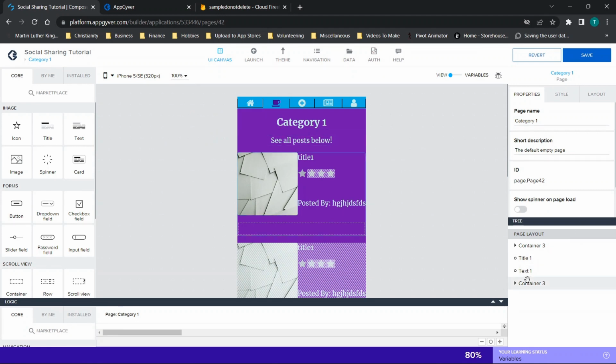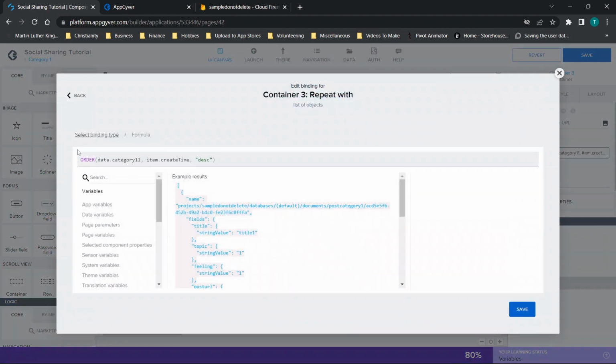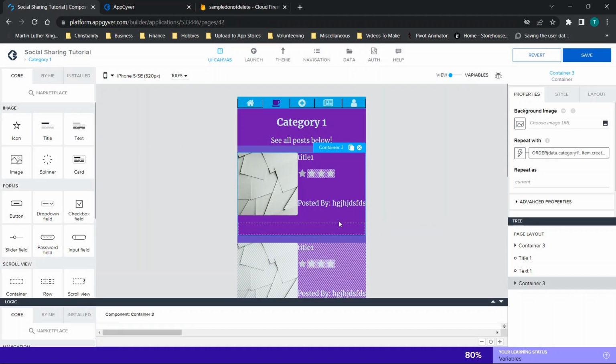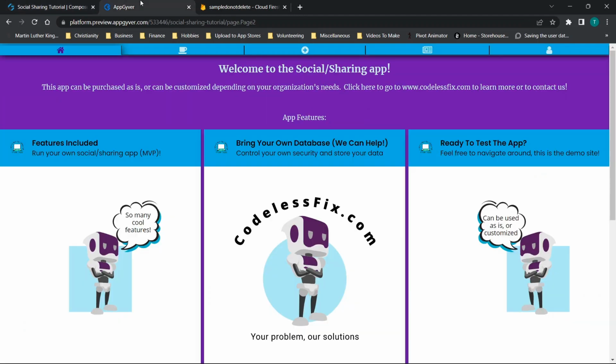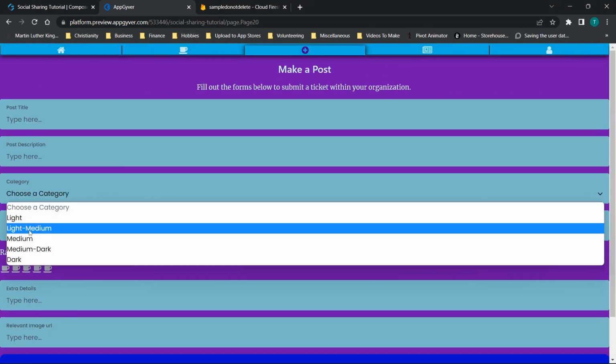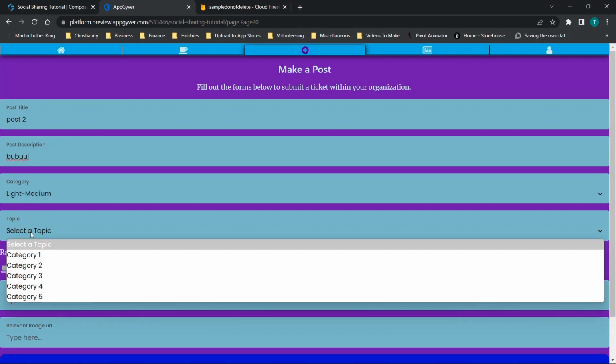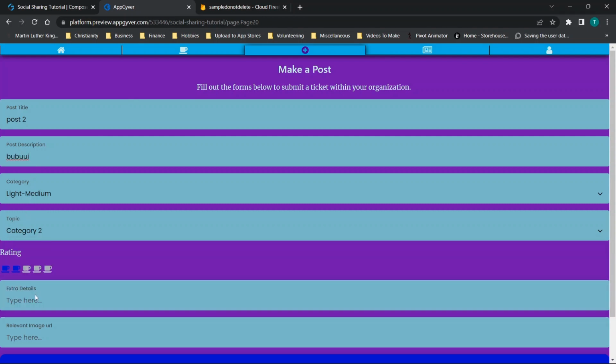And then you need to click on the container and swap out the data for feeling 1, and then repeat that process for all of your topic pages, all of your category pages, and all of your feeling pages. To test that it's working, I would recommend when you create a post for category 2, make it something different, like post 2. That way, when it comes up to test that it's working, we'll post all of these pages,